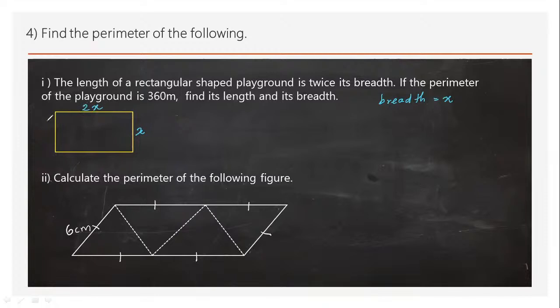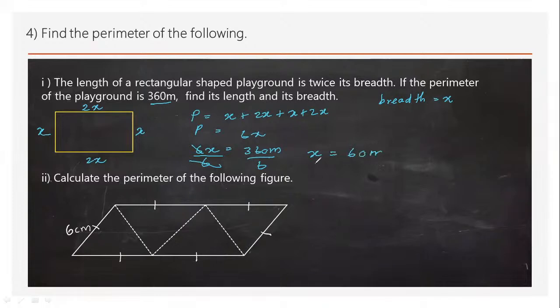Then we have to find the length and breadth of the playground. Here also x, here also 2x. Then perimeter of the playground you can write x plus 2x plus x plus 2x. Perimeter 6x. Perimeter has given here, 6x equals 360 meter. Both sides divide by 6. Simplify. Then x equals 360 divided by 6,